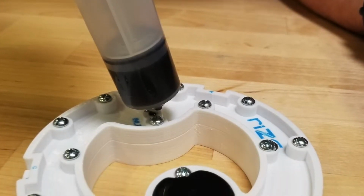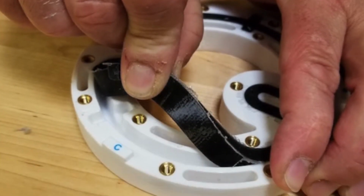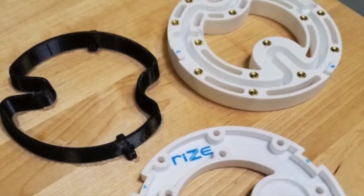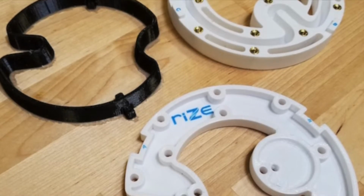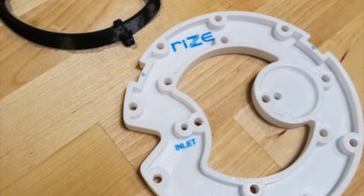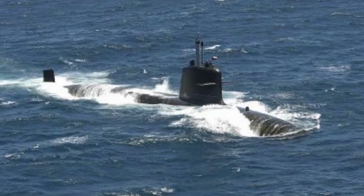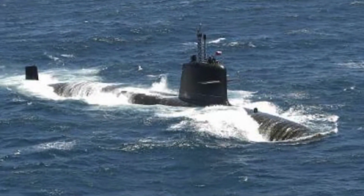RIZE parts also have a very low moisture absorption rate of less than 0.01%. They have low surface energy and a high chemical resistance to substances like alcohol, acetone, and acid. This makes them perfect for mold applications for making end-use parts like elastomeric seals, because RIZE 3D printed molds don't need a release agent. It also means RIZE 3D printers can be operated in extreme conditions, including locations with high